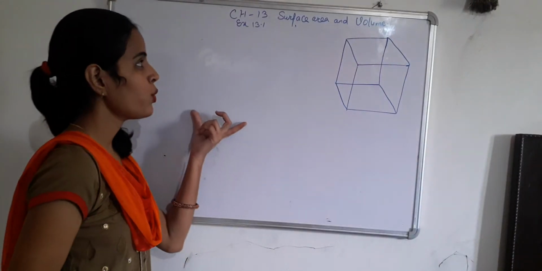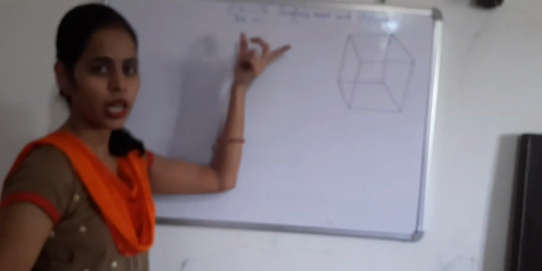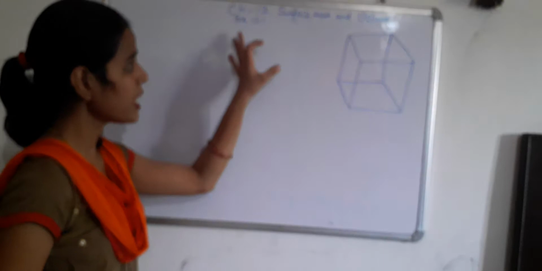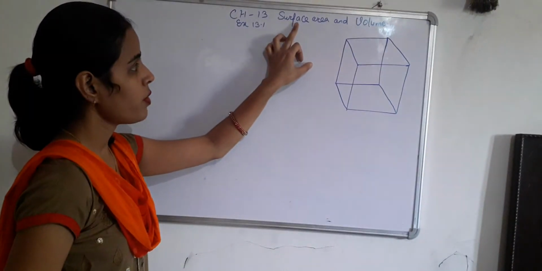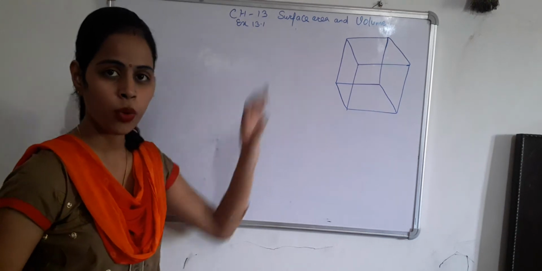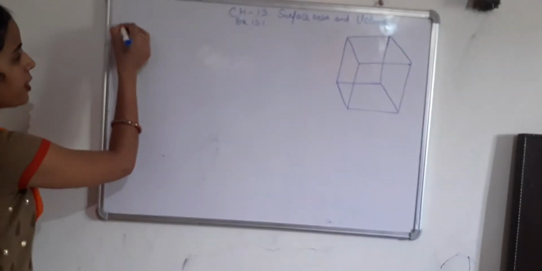Now we are going to do exercise 13.1, Chapter 13, Surface Area and Volume. In exercise 13.1 we have to find out the surface area of cube and cuboid. Question first is that